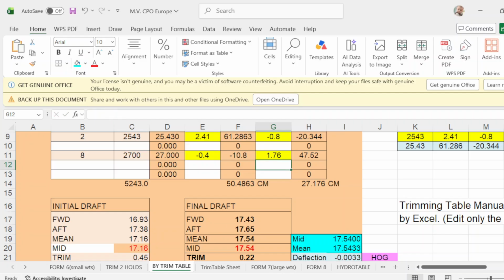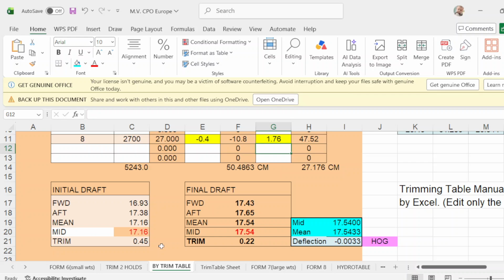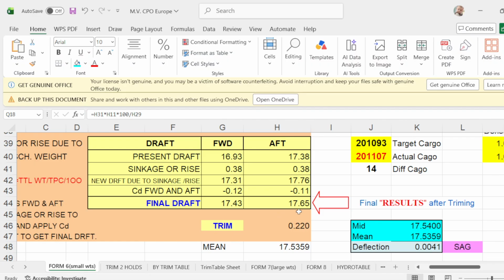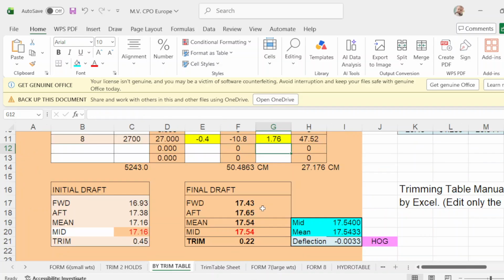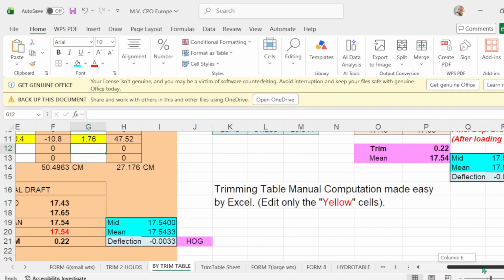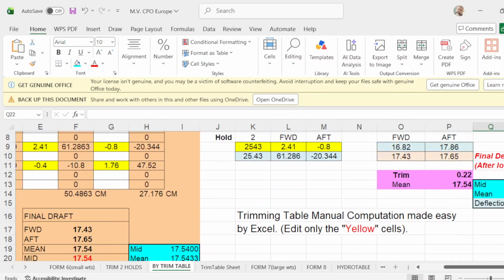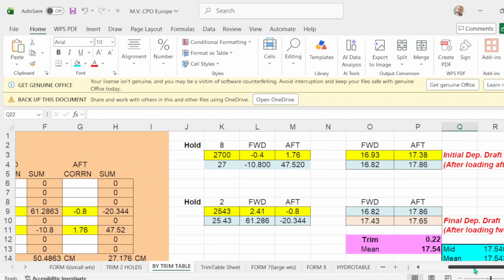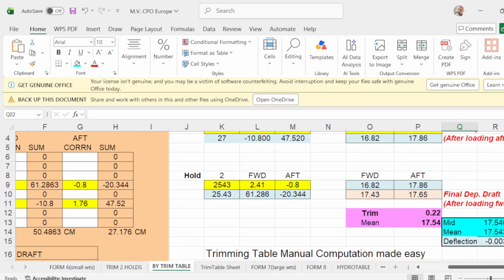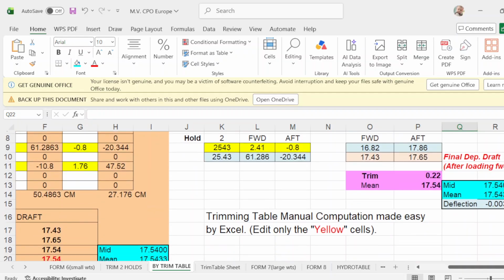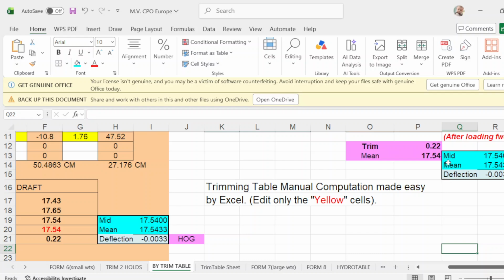There we go. 43, 65. 43, 65, 22, 1570. 43, 65, 54, 22. Flexion is 0. And same here, 1743, 1765. Flexion is 0. It's the same. Okay.